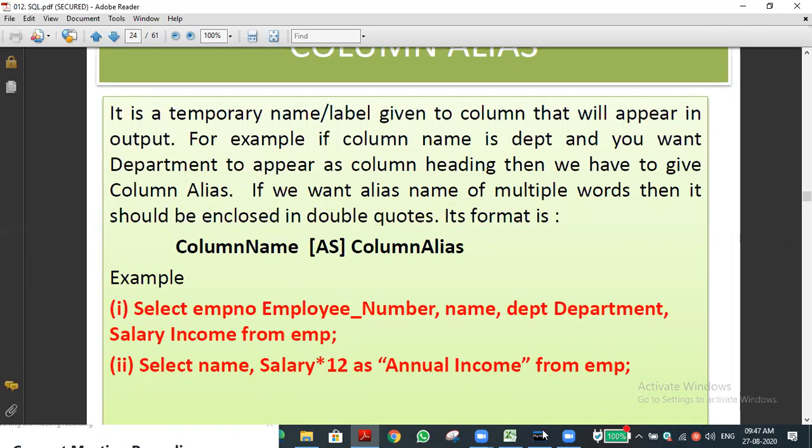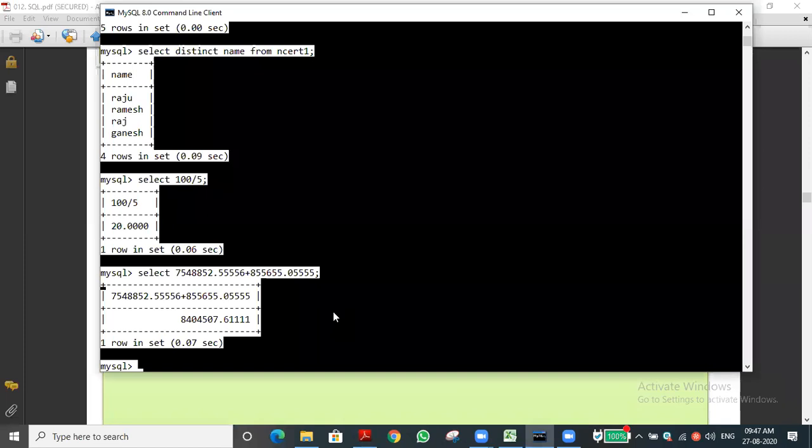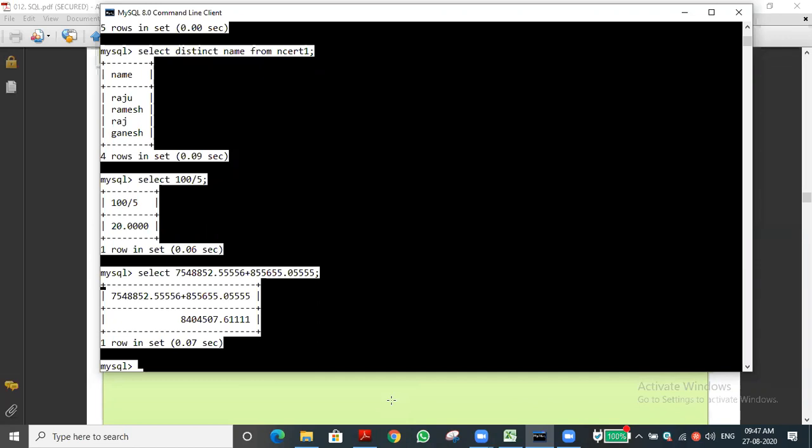Let me show that. You create one employee table, then you can understand it better. So this is temporary, no, sir. It will not be recorded in the table. Yes, correct. If you want to show the data, for example, suppose anybody asks what salary we need to pay for 1 month, or for 12 months, we can calculate it temporarily. Of course, in Excel it is okay, but if we have a database, it provides that facility also.